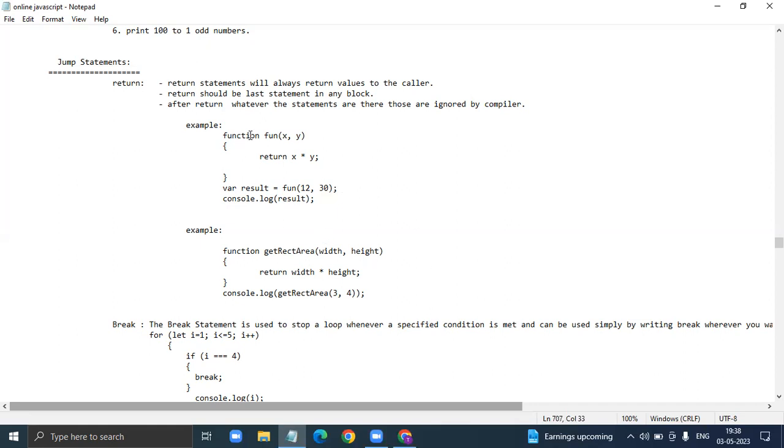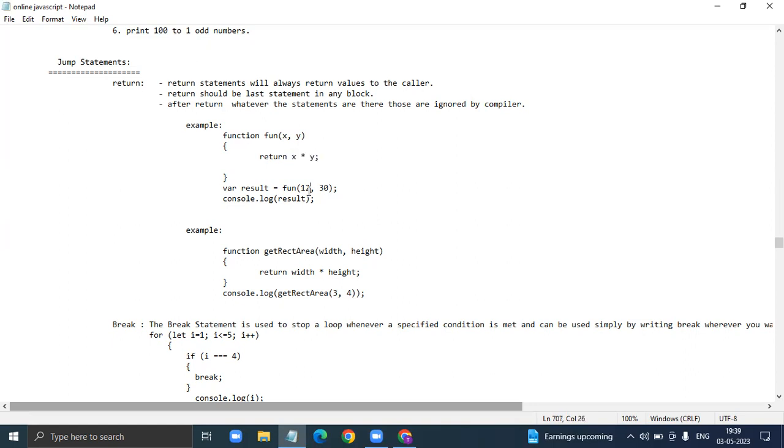So this is the function keyword and the function name. Here I have taken parameters. This is the function opening and closing. Inside the function body, I have given a return statement. What I am saying here is that you have to return x into y. After closing the function, I am writing result, a variable, equals the function name being called with values. Here we are multiplying two parameters, right? So we have to pass values to these